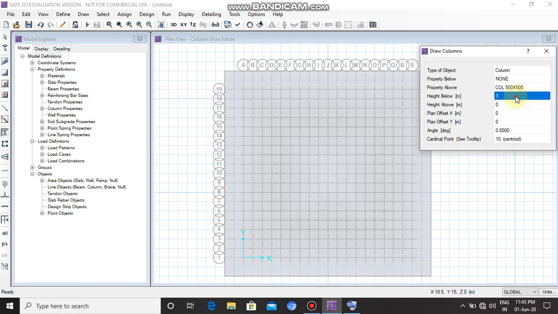Height below 0 and height above as 2 meters. Now the column 500 by 500 property is for all the columns except column 6, column 7, column 10 and column 11.